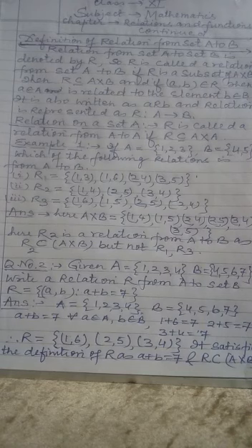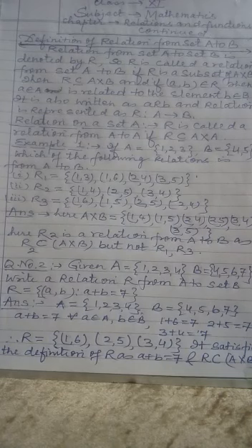So here I have written three relations from A to B, but it is not necessary that all of them are relations from A to B. So the answer I have written here. First find A cross B. So you will find A cross B as {(1, 4), (1, 5), (2, 4), (2, 5), (3, 4) and (3, 5)}. Here R2 is the only relation from A to B.